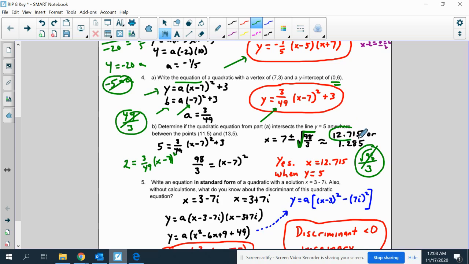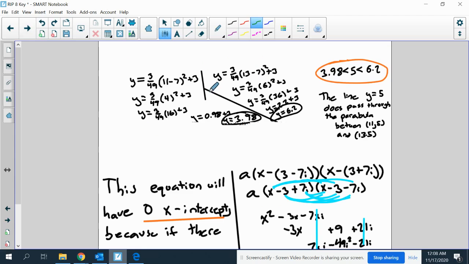One of which is between 11 and 13, because that's what we were looking for. Another way to solve this correctly would be to plug in 11 for x and 13 for x. Notice that now this person did not round to 3 decimal places like you are supposed to, but in this case, what ended up happening is this person substituted in 11 and 13 for x, found that it crosses